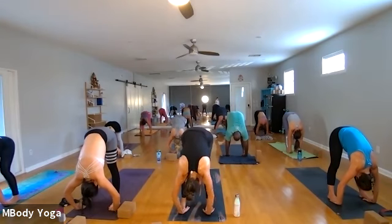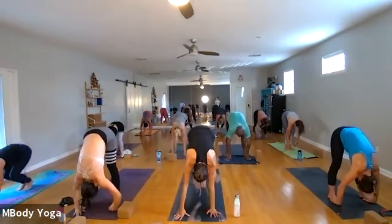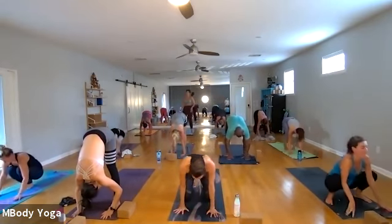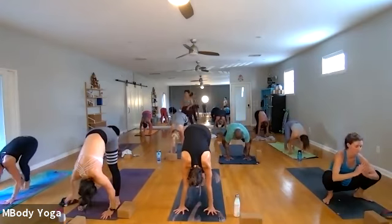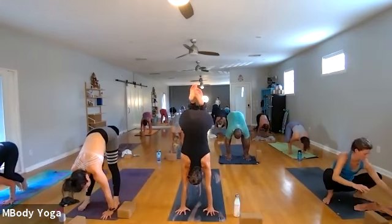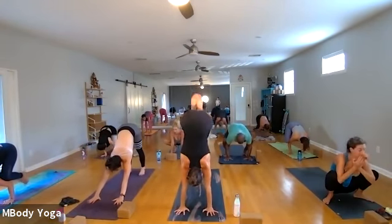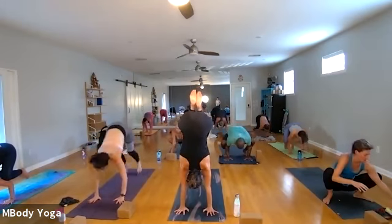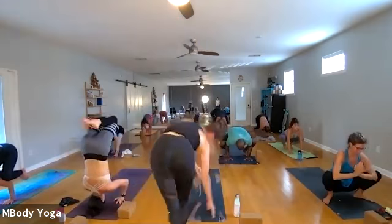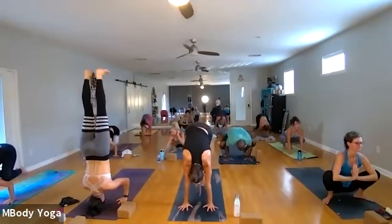And release, crow pose. Hands back onto the earth, just kind of reversing the way your arms are, placing the hands down into the mat, knees to the back of your triceps. Start to fly. 10, 9, 8, 7, 6, 5, 4, 3, 2,